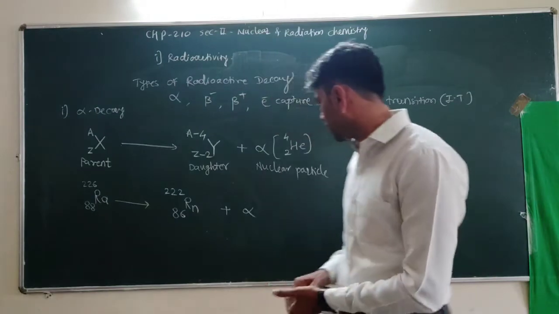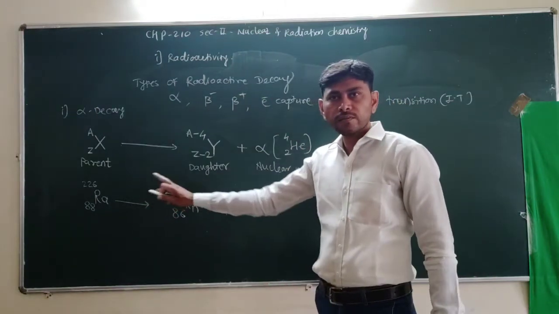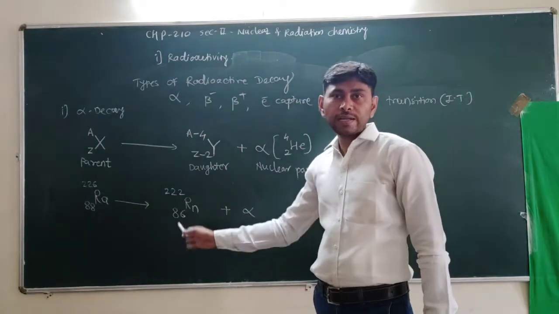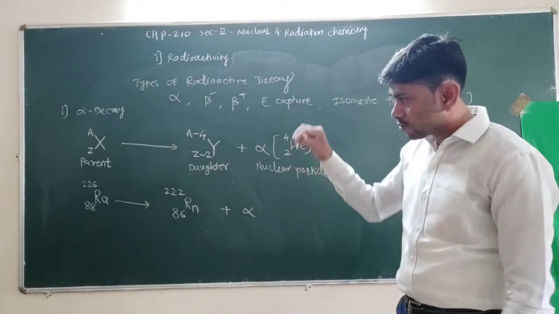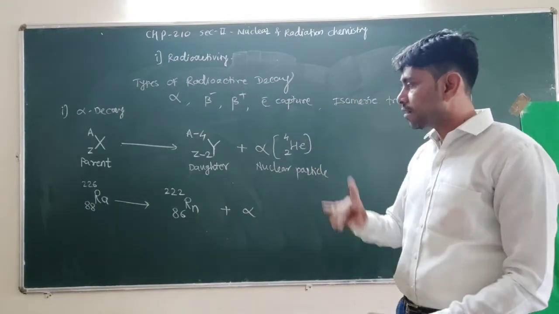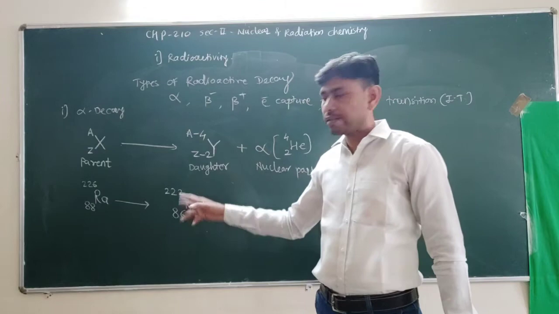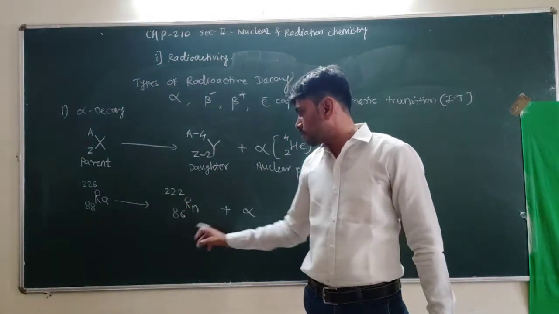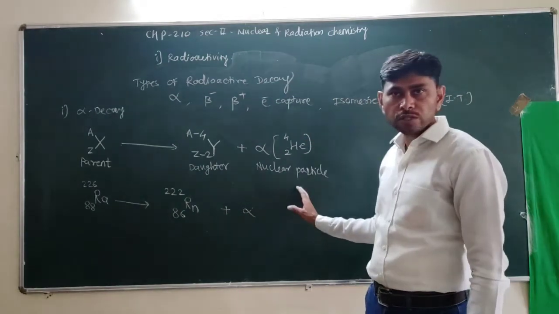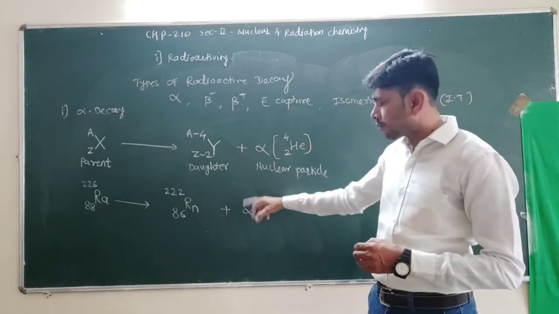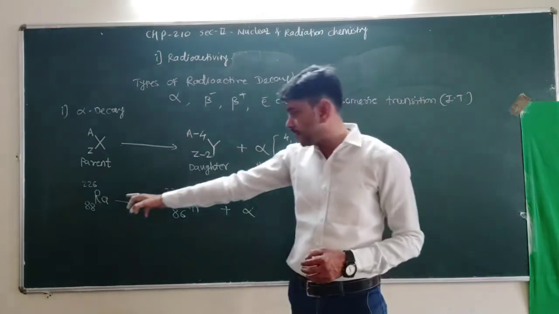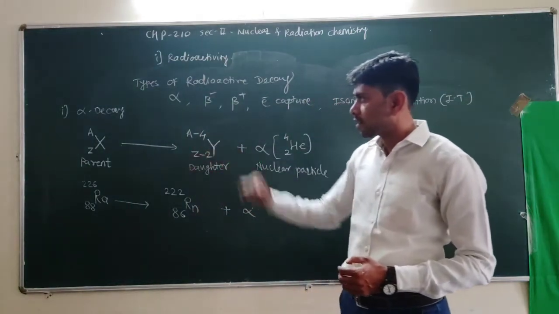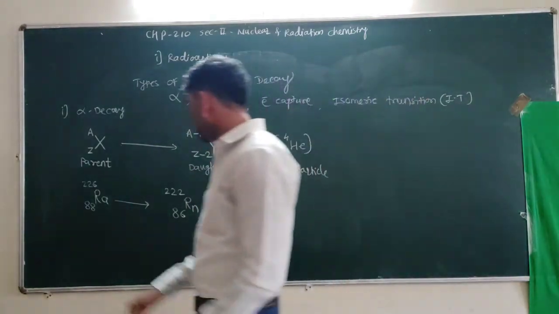So this is alpha decay, in which radium is converted. Radium is a radioactive element which transforms into radon spontaneously. No other reagents are used for the transformation from radium to radon. This occurs spontaneously, which is why it is called a radioactive element. So radium, by alpha decay, emits an alpha particle, or alpha rays, and is converted into radon. This is an example of alpha decay.